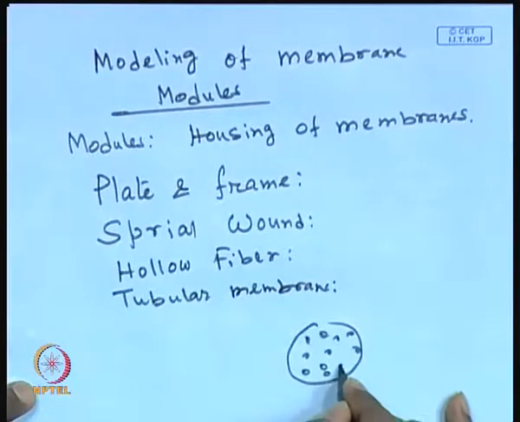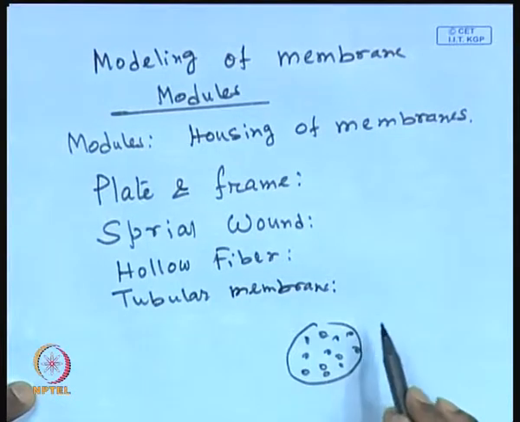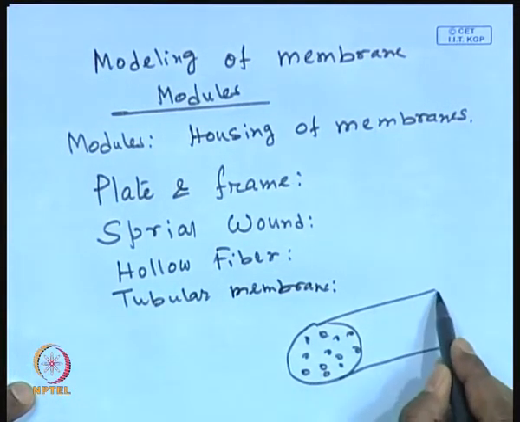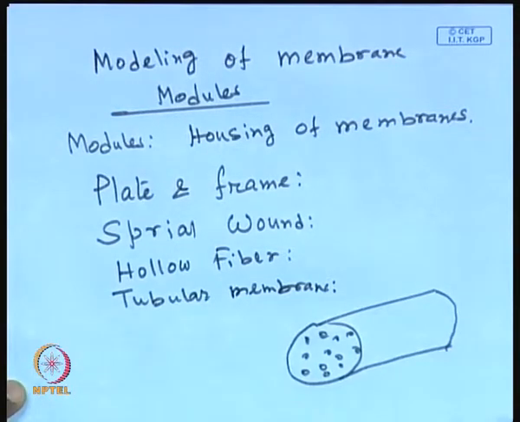You can have a very small number of fibers. Suppose you have porous fibers with an inner diameter of around 0.5 millimeter or so. In a bigger tube, you can pack a huge number of such hollow fibers. In a 1-inch tube, you can pack around 1,000, or let's say around 10,000, of such fibers.